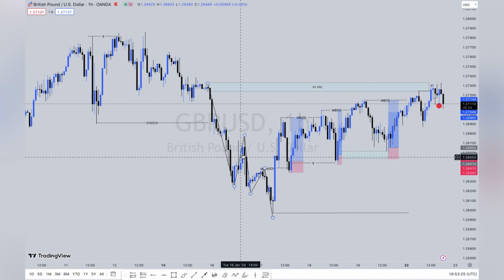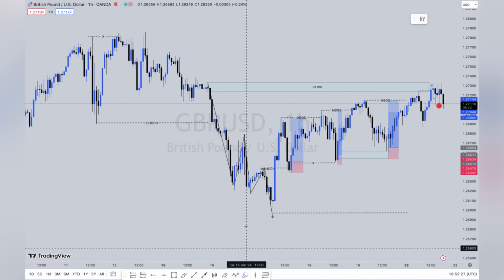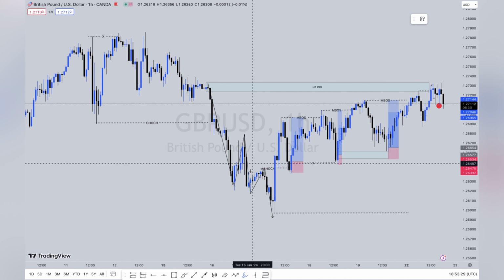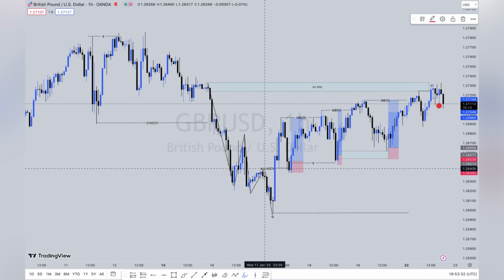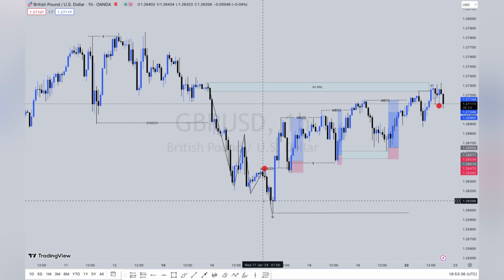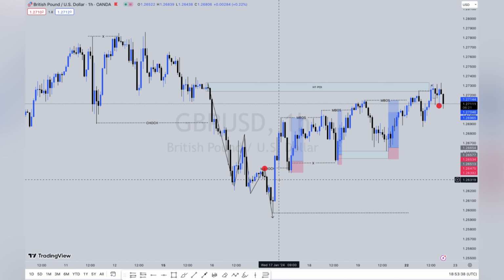Now, our first or the last pullback, from wherever you're counting. If you're counting from here, this is going to be the last pullback. If you're counting from here, it's going to be the first pullback. What the market does to the first pullback, I'll count it from here. What the market does to that pullback is going to tell you if you are to look for counter trend. Now, before you look for counter trend and relate whatever the market does to that, you have to